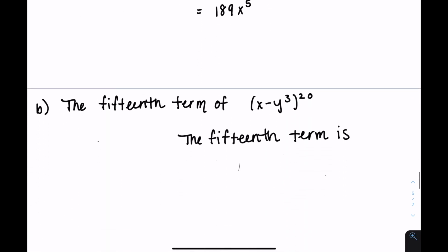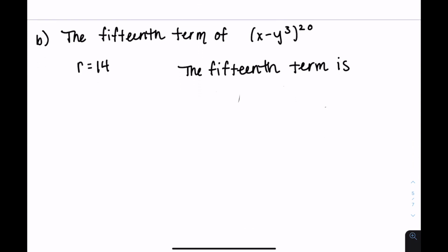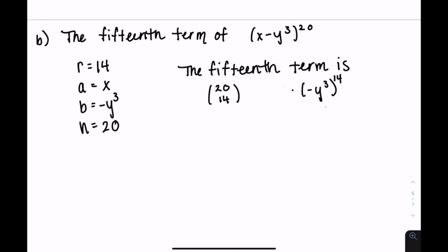Let's do one more. Let's look at the 15th term of (x minus y) to the 20th power. So your value of r, because it's 15, is 1 less. It's going to be 14. The first term is a, the second term is b, and then your value of n is 20. So you're going to get 20 choose 14, the b to the 14th, and then x to the 20th minus 14. So if you do 20 choose 14, you're going to see it's